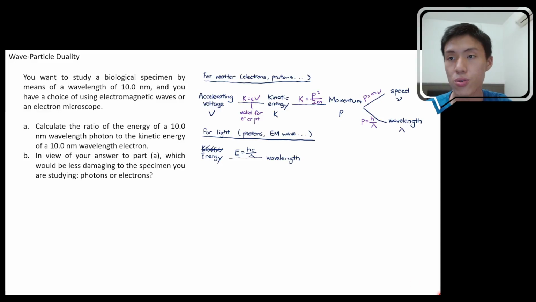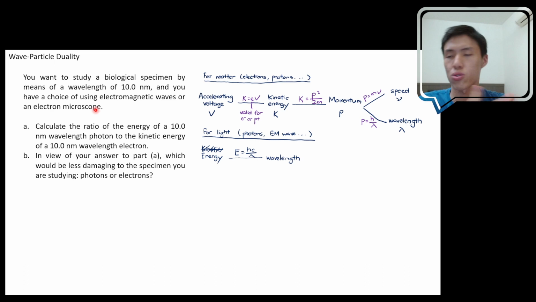Let's try to solve this question here. You want to study a biological specimen by means of a wavelength of 10 nanometer, and you have a choice of using electromagnetic wave or an electron microscope. So if you use electromagnetic wave, probably it's a visible light microscope, the optical light microscope that you're used to. If you're using an electron microscope, then it can be transmission electron microscope, the TEM or the SEM, the scanning